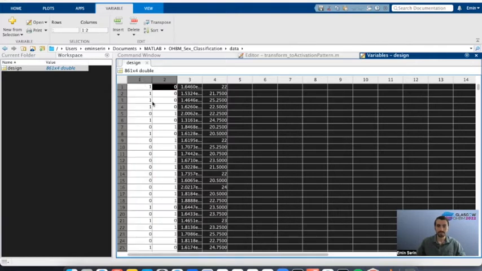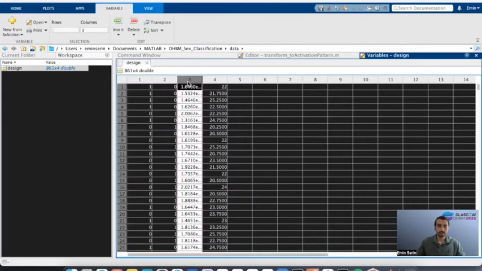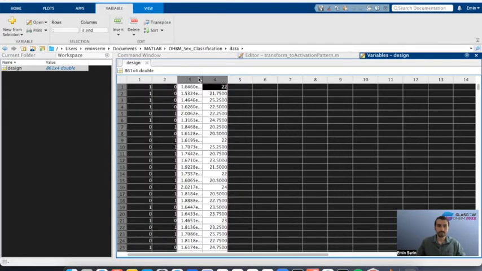So these 2 columns are the only difference between the regression and classification problems. And then the additional columns, like the third and fourth column, should contain the confound variables, like the total intracranial volume and the subject's age.